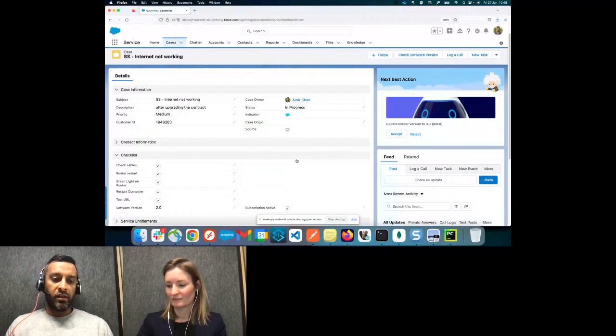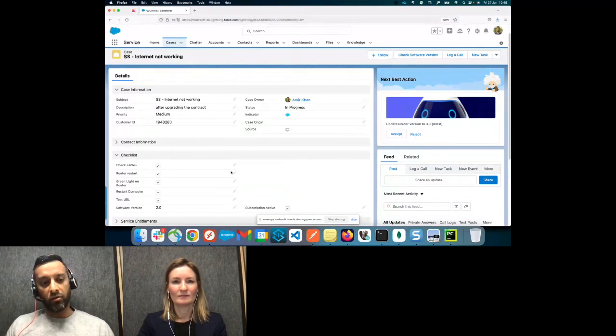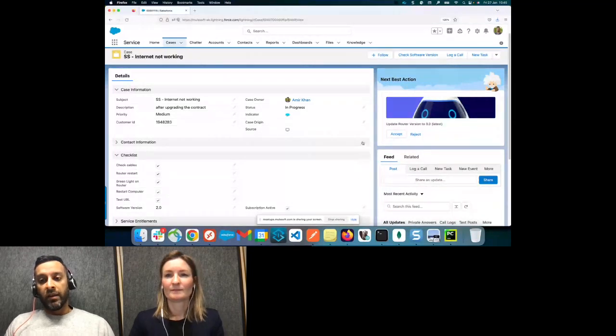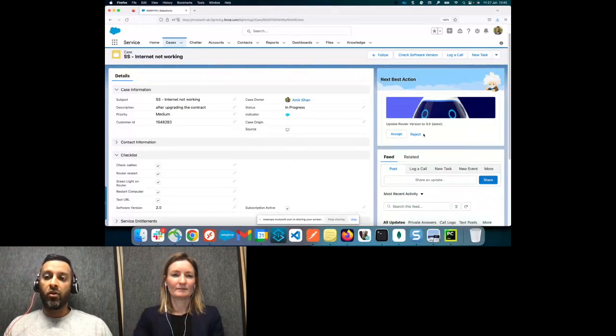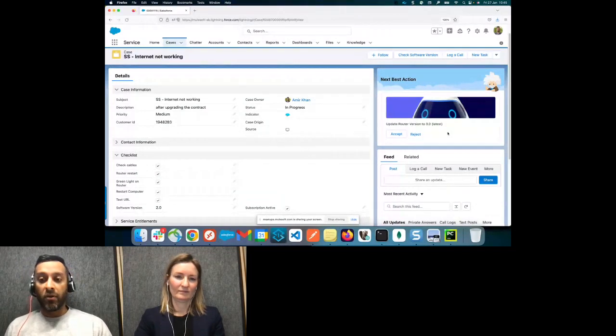see, and here the system is suggesting to upgrade your router version because you have an older router firmware version, which is 2.0. So the system is suggesting to me to upgrade your version to 3.0, which is the latest one. And most probably we will fix the issue because for the faster internet speed, we have also improved the firmware. You are currently outdated on your router. So let me push this to your system and update your router version so we can see if it is